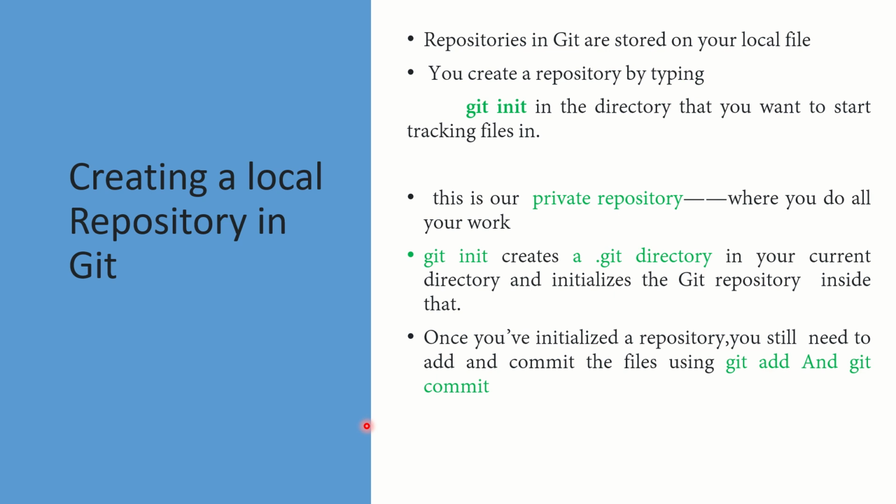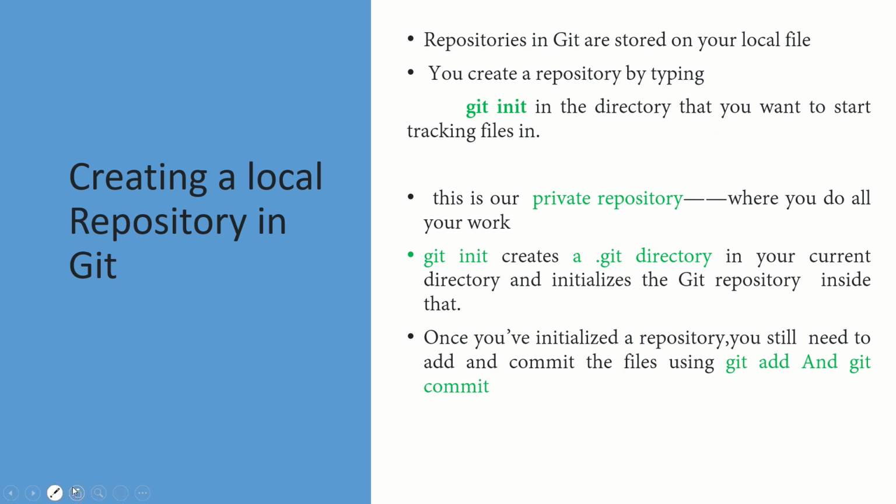If you want to create a local repository, you have to use a command called git init. In order to use git init, the first step is that you must install Git for your appropriate operating system. If your operating system is Windows, you download the corresponding Git version from the internet. After that, the first step is to create a folder in your appropriate location, let it be in D drive or C drive. That will be your working directory in which you are going to set up your local repository. So first you create a folder, rename the folder, and after that you get into the folder.